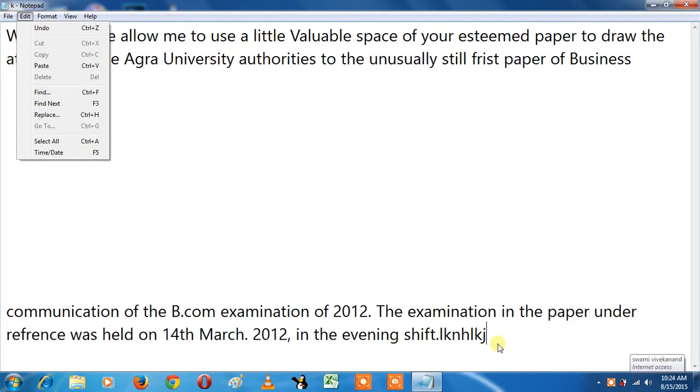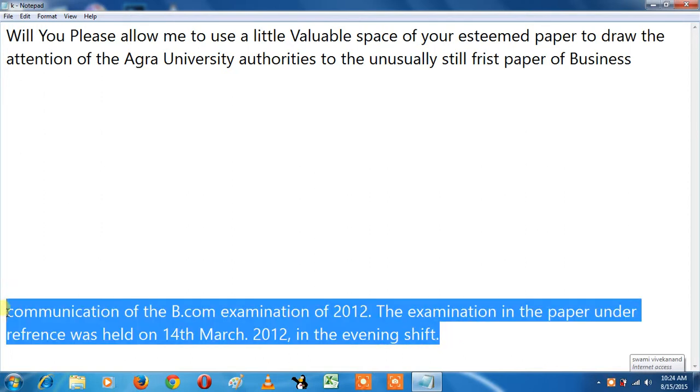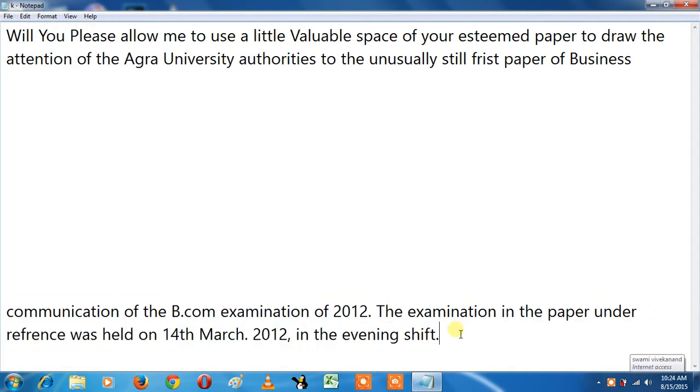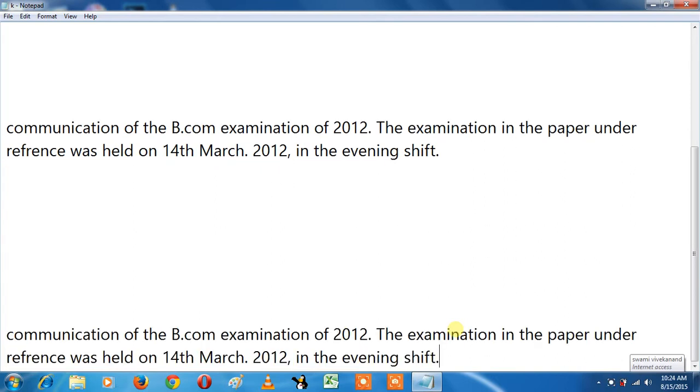Next we have the Copy option. You have to select your written data, go to Copy, and then paste it anywhere in your document. Look at that, this is copy paste.